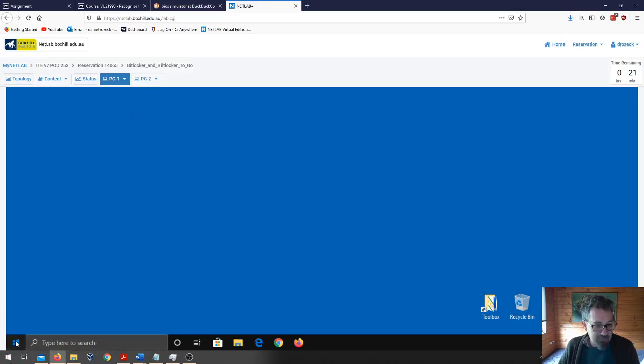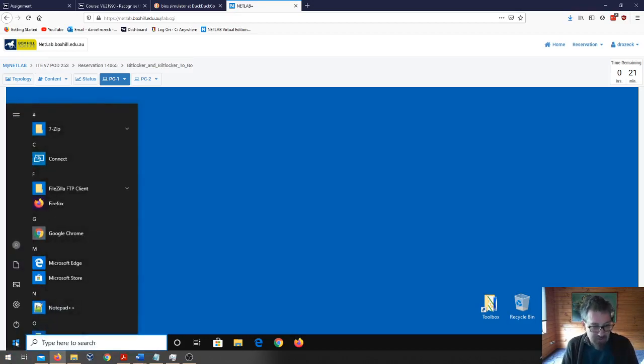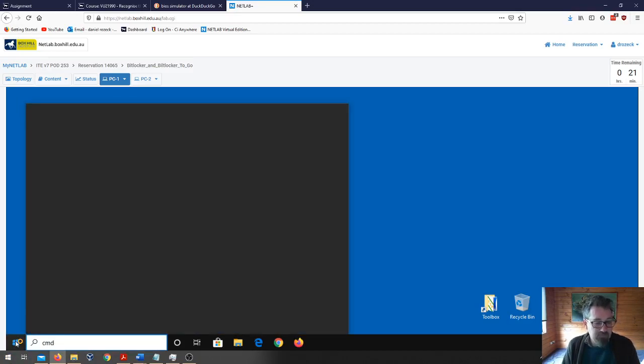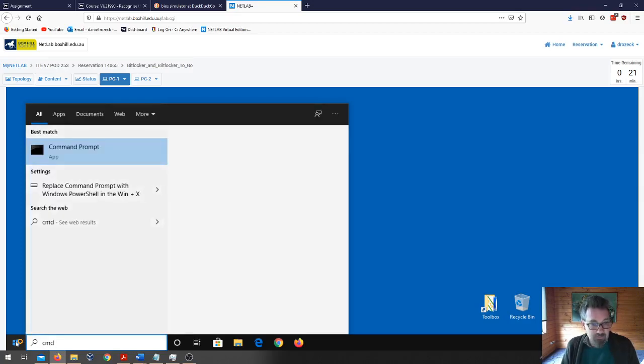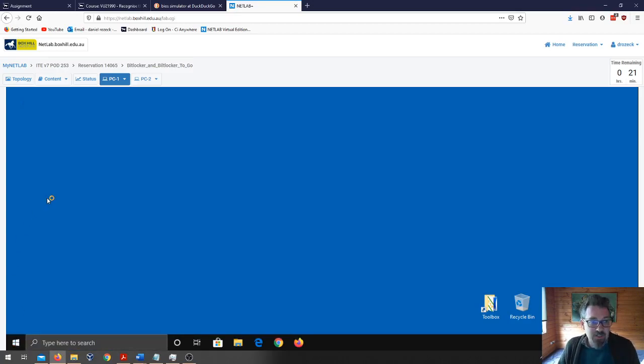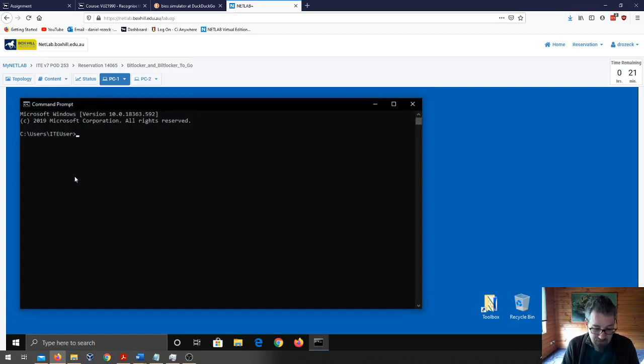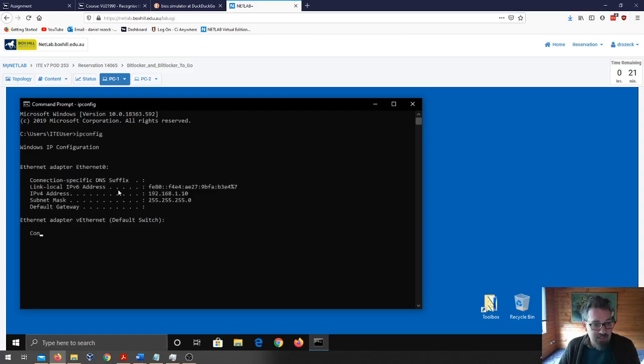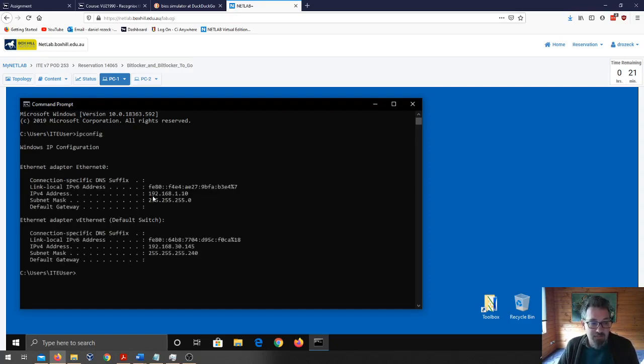Can't find one there, just type in CMD. Okay, let's make sure that PC1 is 192.168.1.10. So for the command IP config, and it should tell us, which it does, that the IP address is